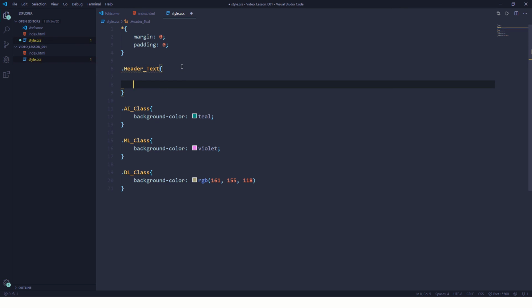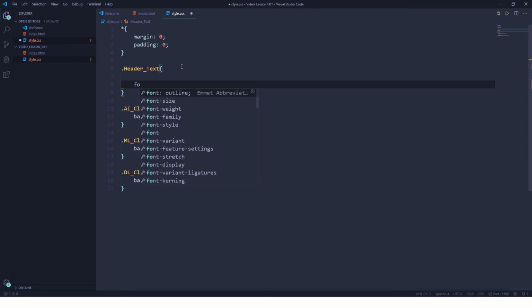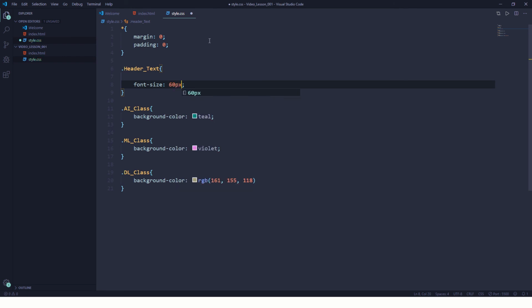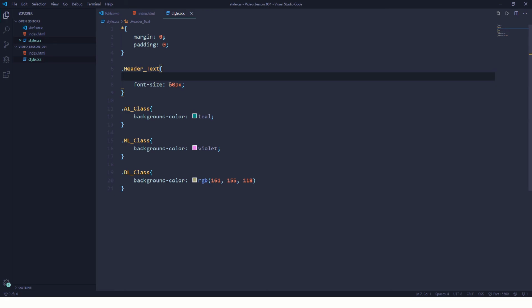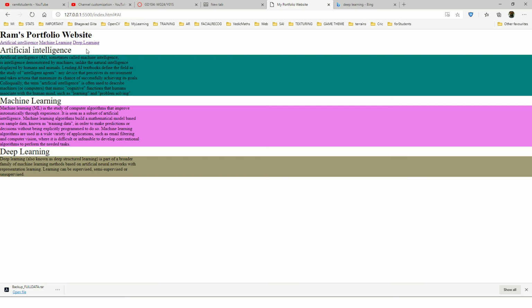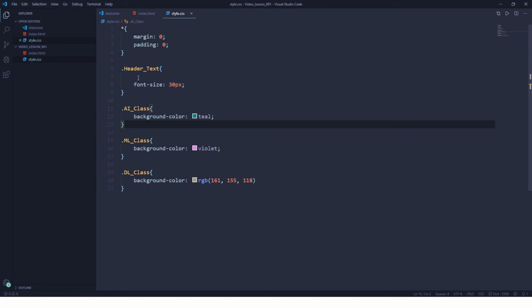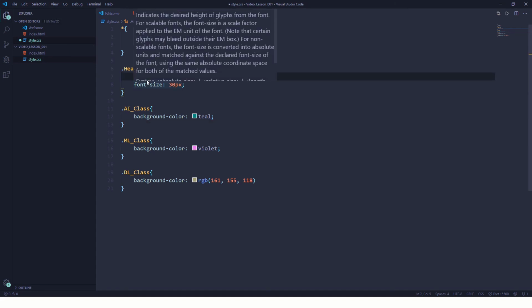Now here I can put a lot of things. First thing is I can put font size. I'll put 60 pixel. Save it. This is too big, so I'll go for 30 pixel. Right. The next thing we could do is that,